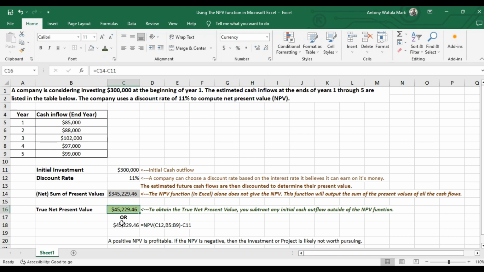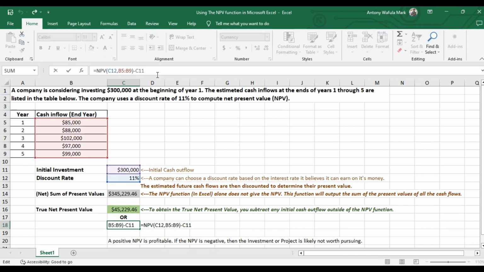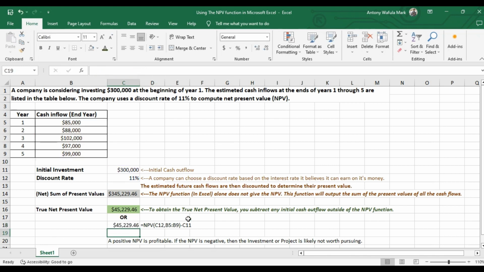Or rather, you can use the other formula here where you put in NPV, then the discount rate, the range of values, and then subtract outside of the NPV function. You subtract the initial investment, then you hit enter. So a positive NPV, a positive net present value, is profitable